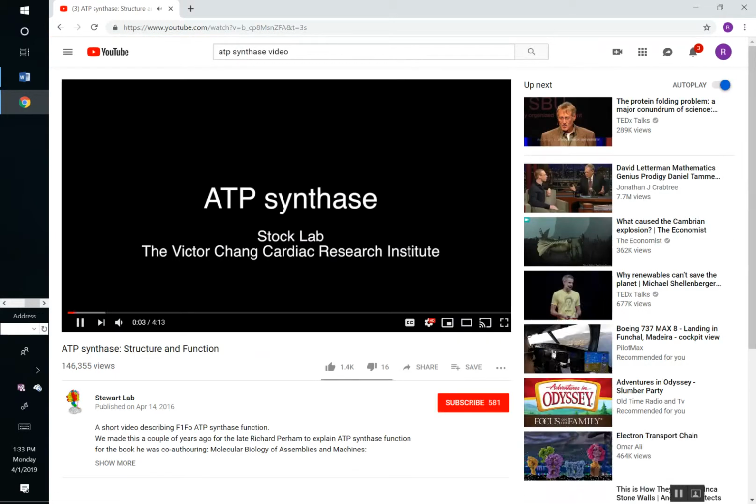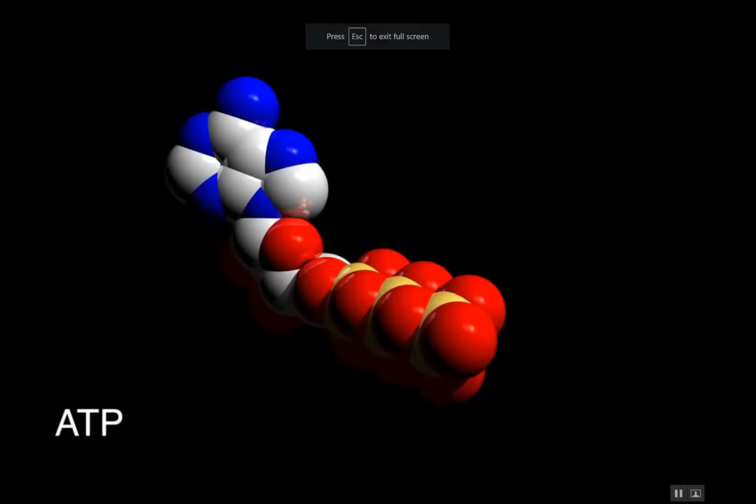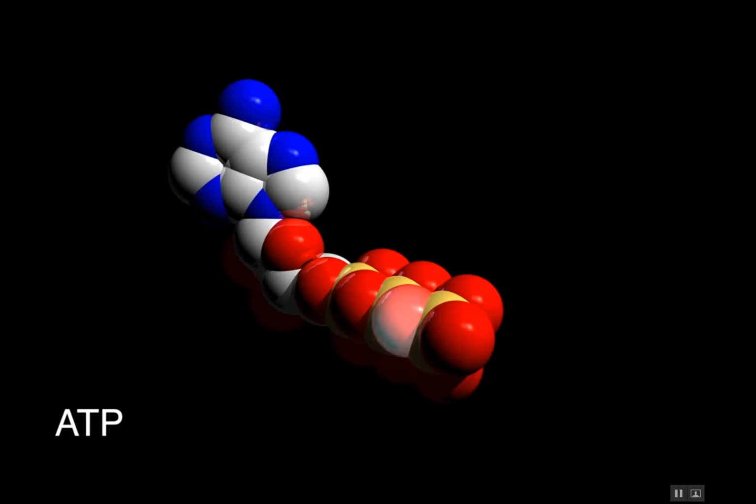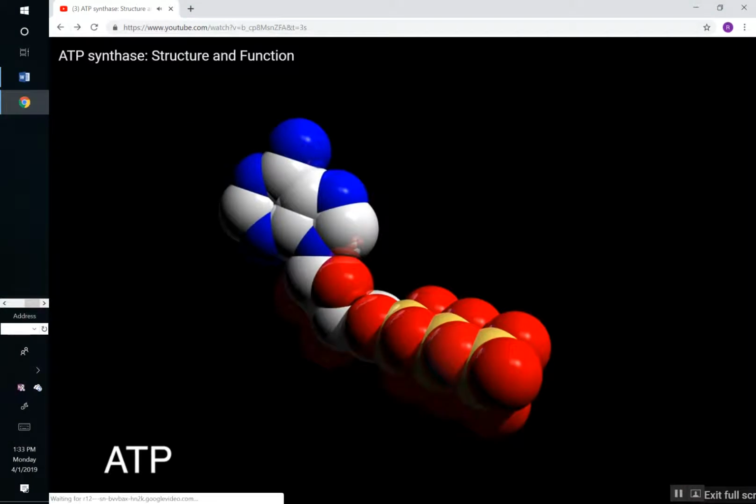Bias energy. The universal biological fuel is a molecule called ATP, or adenosine triphosphate. ATP stores chemical energy in the form of a high-energy phosphate bond. This doesn't look like the one I wanted. It consists of an adenosine ring with a chain of